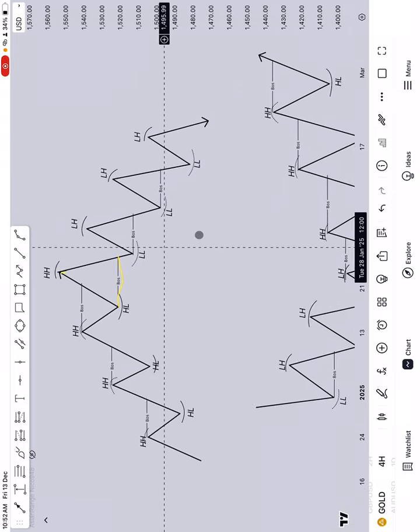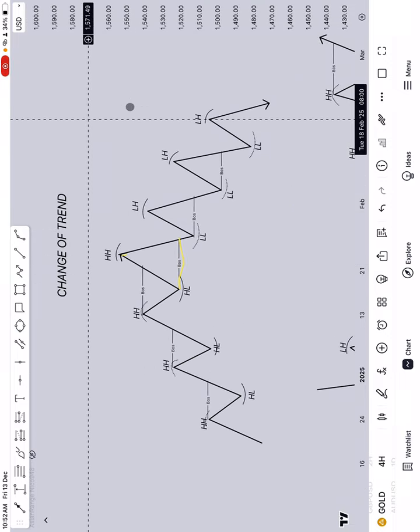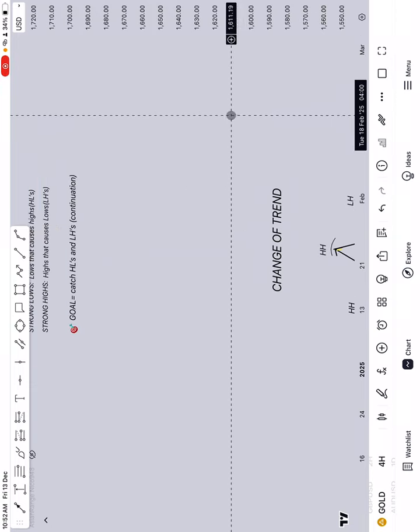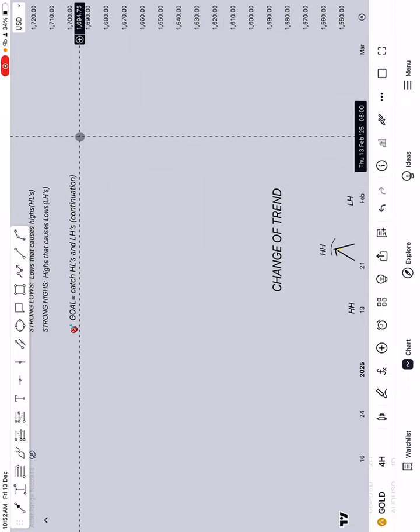The next video is going to be on the three types of market structure. So for this, this is what we have already covered for now, and make sure you watch this multiple times so you can definitely get your head around it. And remember, this is just the beginning. If you find it confusing,